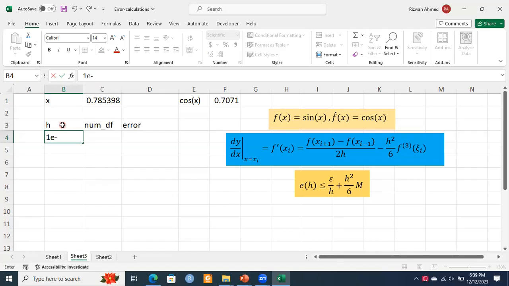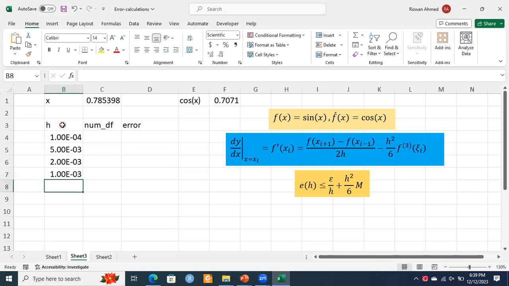For example, 1e raised to the power minus 4, then 5e raised to the power minus 3, then 2e raised to the power minus 3, then 1e raised to the power minus 3, then 5e raised to the power minus 2, then 2e raised to the power minus 2, then